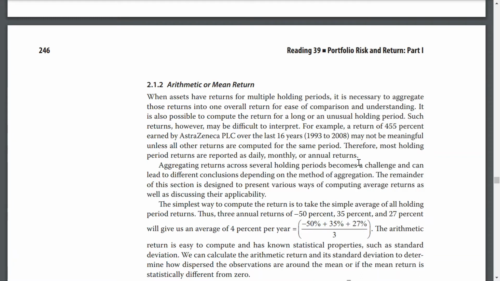Aggregating returns across several holding periods becomes a challenge that can lead to different conclusions depending on the method of aggregation. The remainder of this section is designed to present various ways of computing average returns as well as discussing their applicability. The simplest way to compute the return is